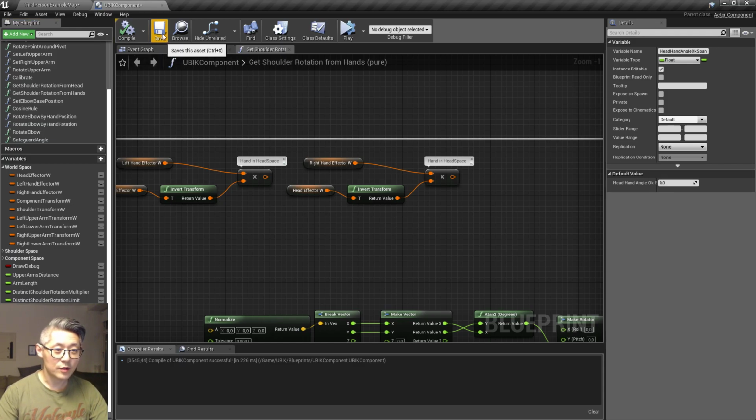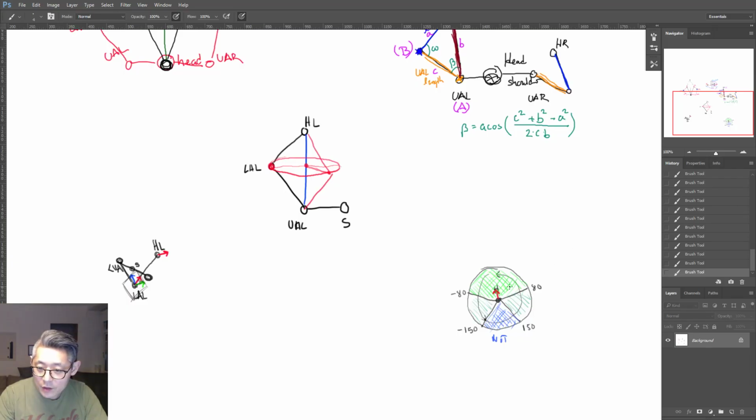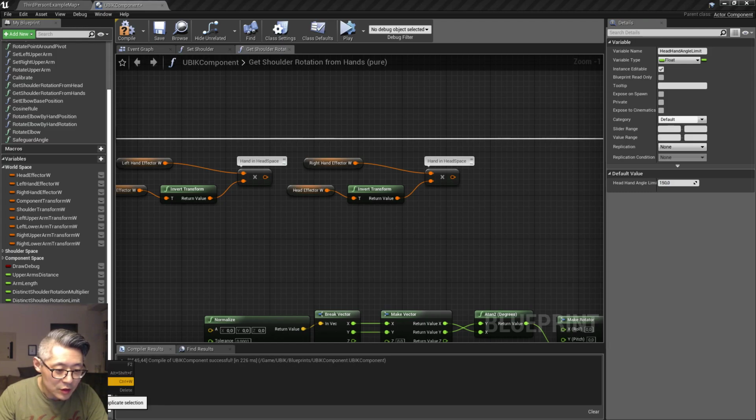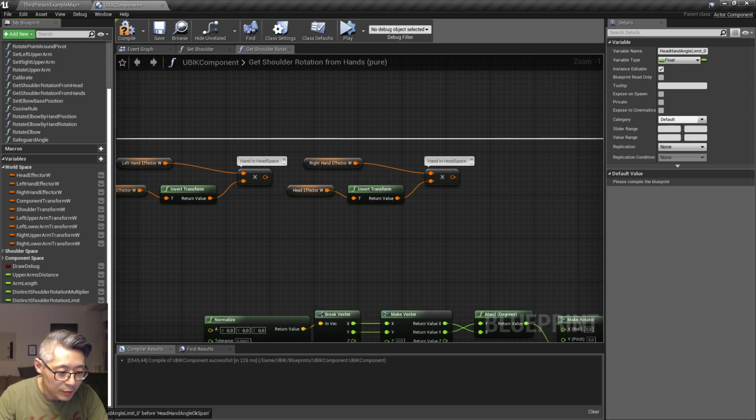Okay, so the OK span is what I defined on the drawing as the green area here, and the other one, limit, is the 150. So the angle OK span will be 80, and this one will be 150. And I'm just going to duplicate this one and remove the I from this one and call it dot, because we're going to use a dot product at some point,